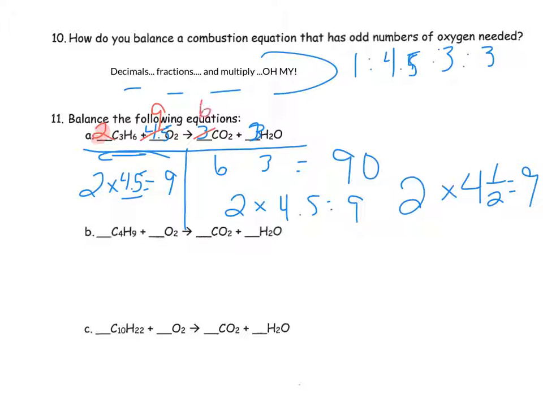3 times 2 is going to give me 6, and this is going to give me 6. So I have a 2 to 9 to 6 to 6 ratio. And if you were to double check,